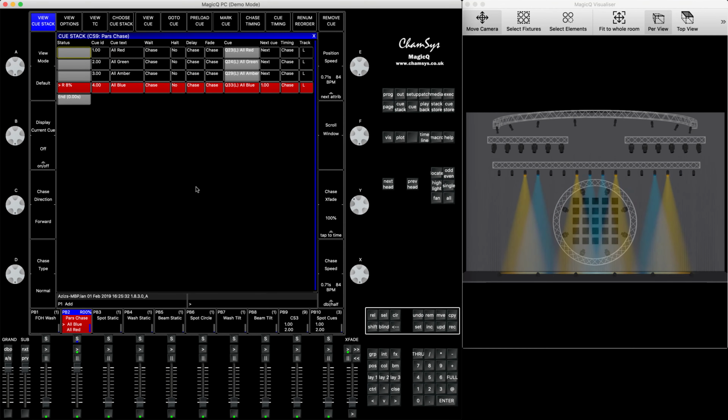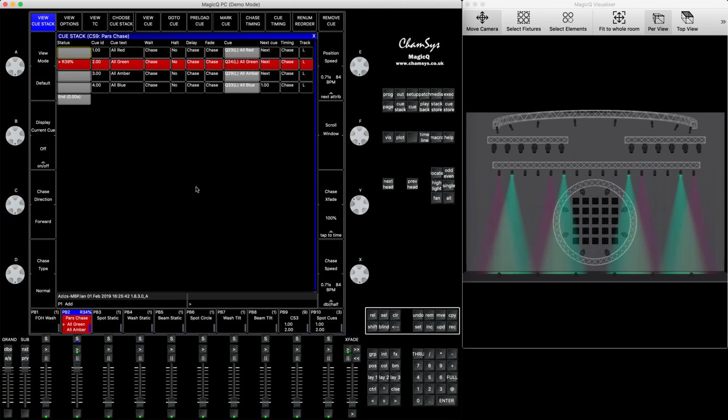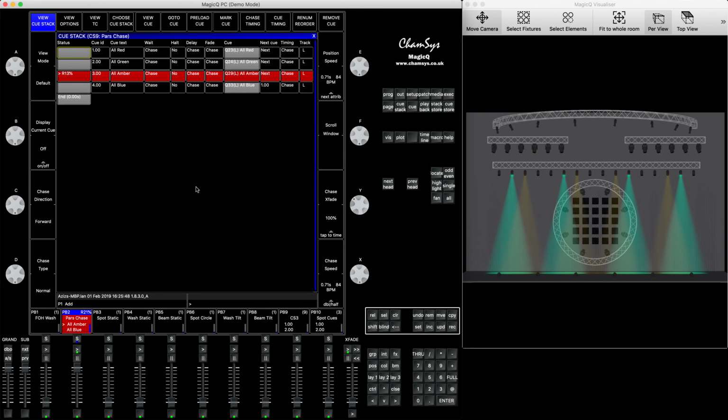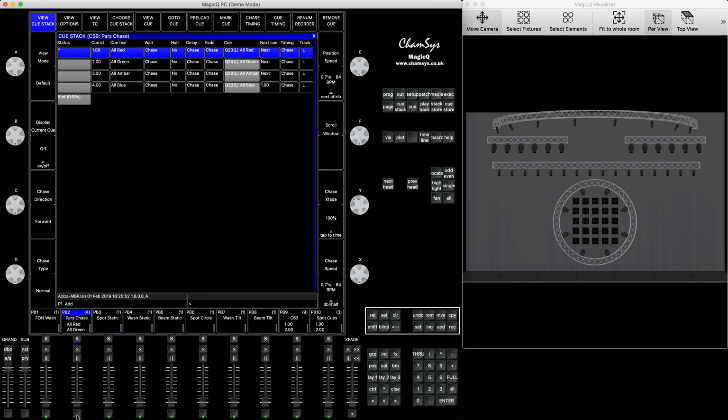One of the things I actually wanted to show you, the main purpose of this tutorial, is how to run the chases a certain number of times, like how many repeats you want. I've learned that not many people know about this function and how to work with it. So basically we've got 4 steps.